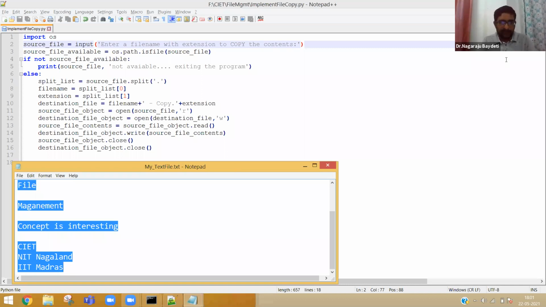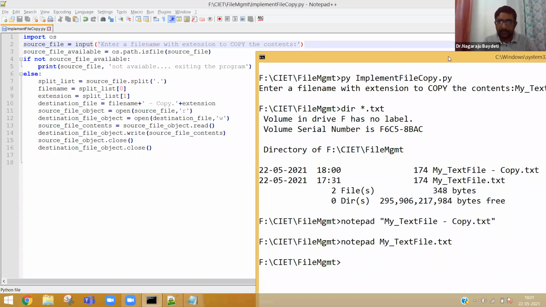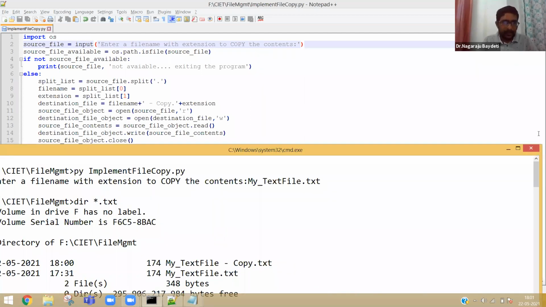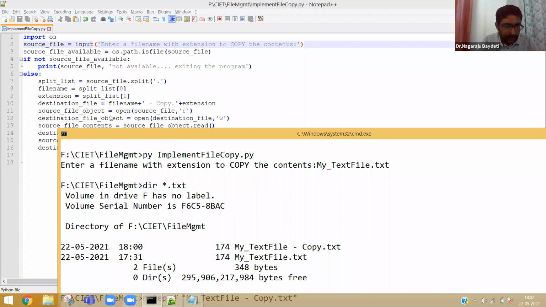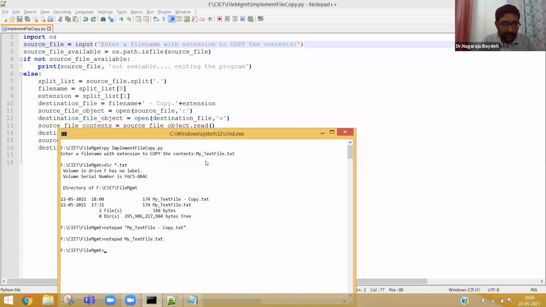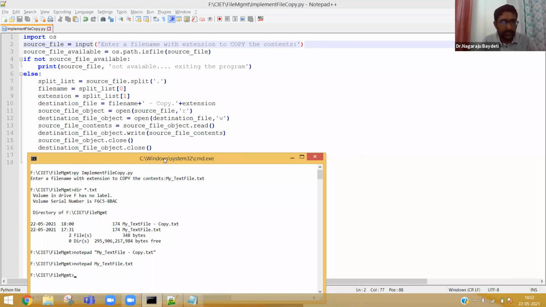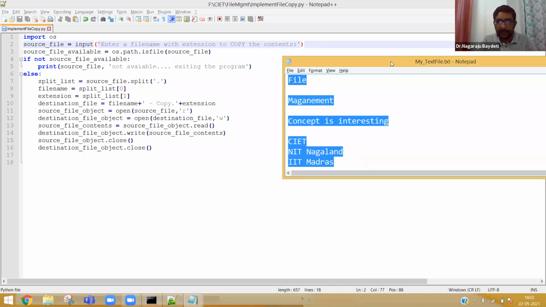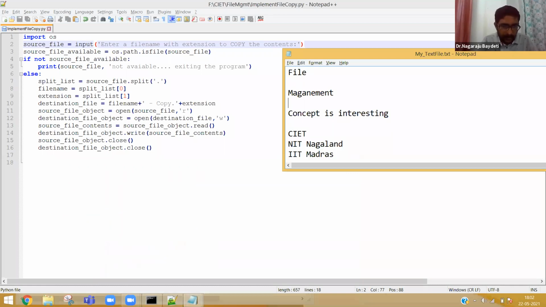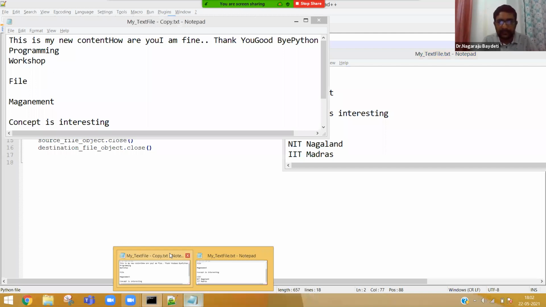This is the original file. Give me a moment, guys. For the screenshot purpose, let me reduce the font. If you are unable to see right now, anyway, I am going to share the screenshot. So this is the original file, and this is the duplicate file which we got copied.